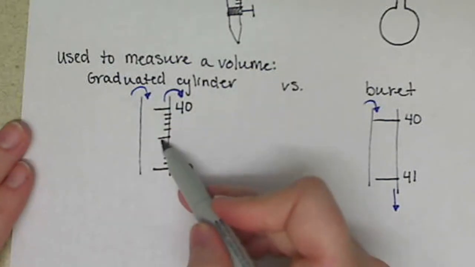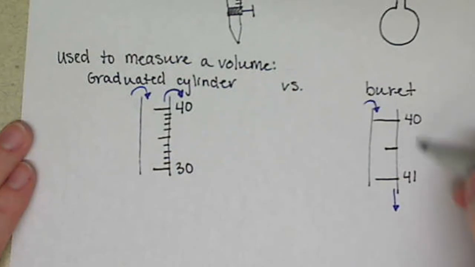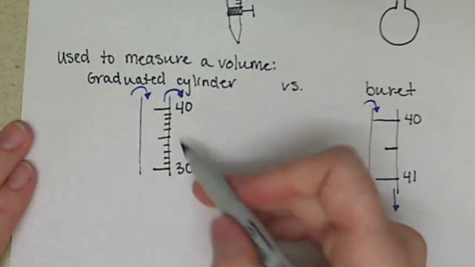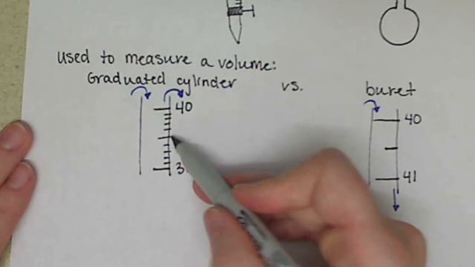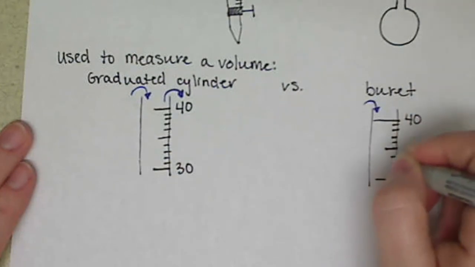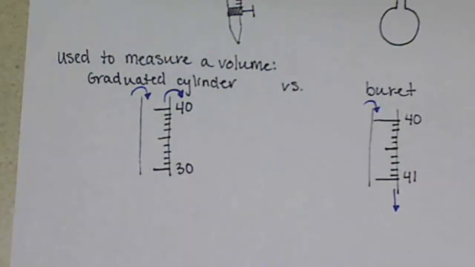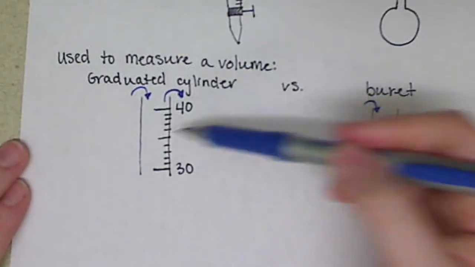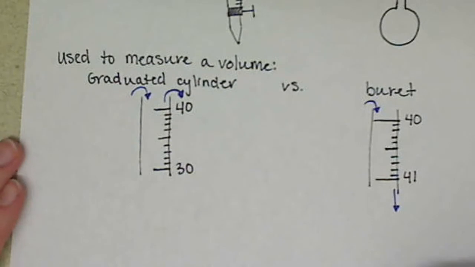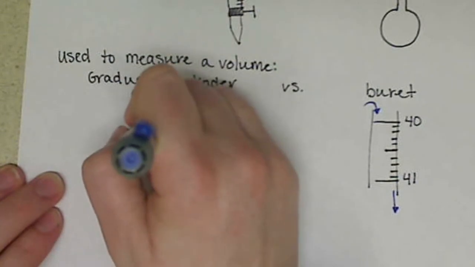Usually the halfway point is a little bit bigger. So over here, our halfway mark would be the 40.5, whereas over here, this would be 35. So usually we work in tens. And when we fill these two pieces of glassware with some sort of liquid, water, any other solution, you'll notice,